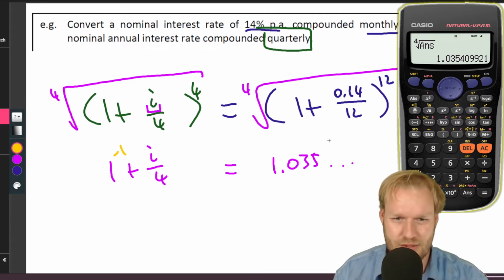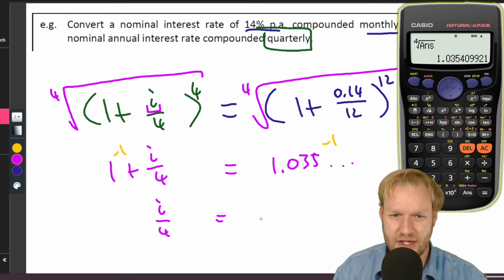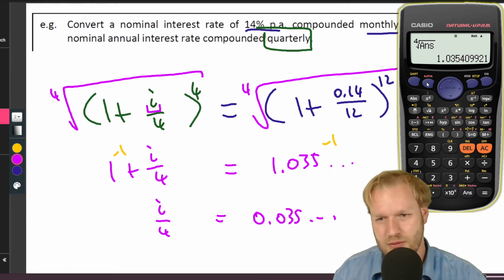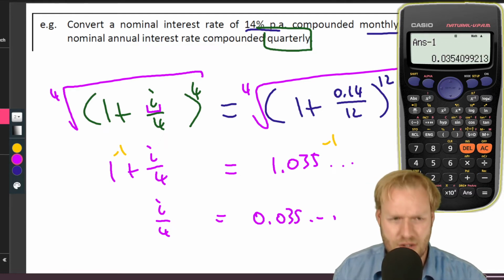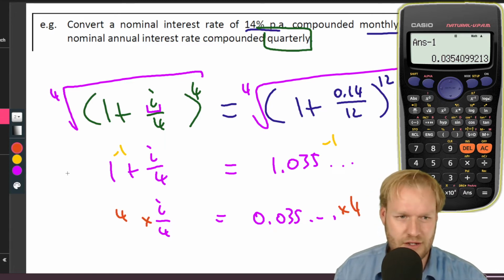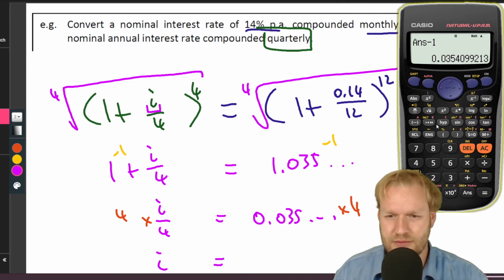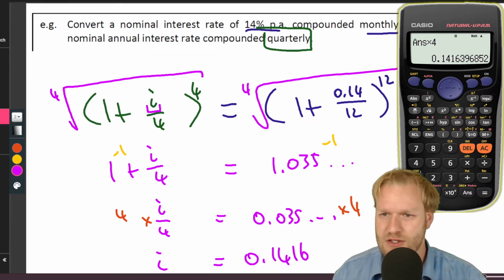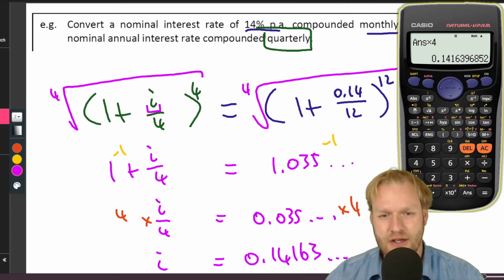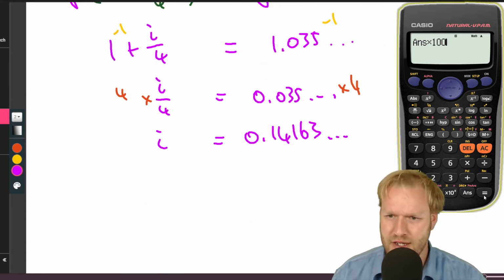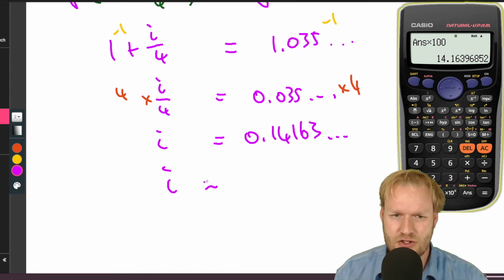Then we need to subtract 1 from each side, and our equation at this stage will be 0.035 and so on, minus 1 equals. The last step we need to do is multiply by 4, and we will have our i. So times 4 equals 0.1416 something or other. And I'm not rounding off till right at the end. So our interest rate is 14.16